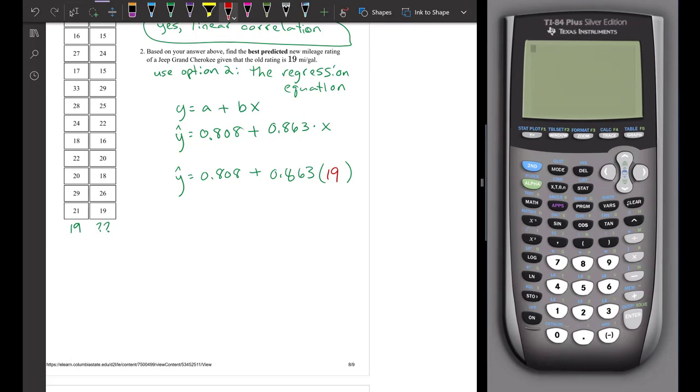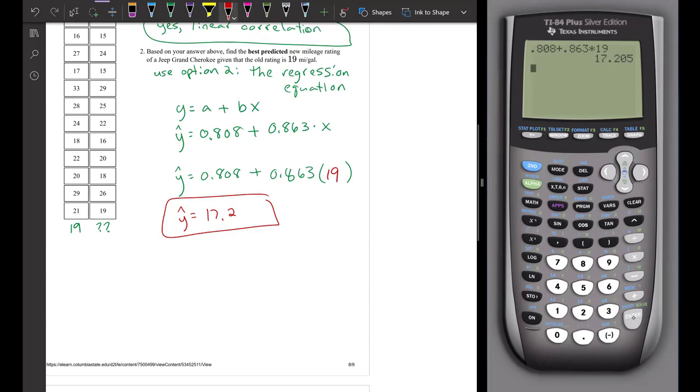If you just hit clear, you can do 0.808 plus 0.863 times 19, all in one fell swoop, and then we'll get y with the bar over it, 17.205 right there miles per gallon. Or you can just do 17.2 if you want to, which is probably good enough, honestly. So 17.2 miles per gallon,